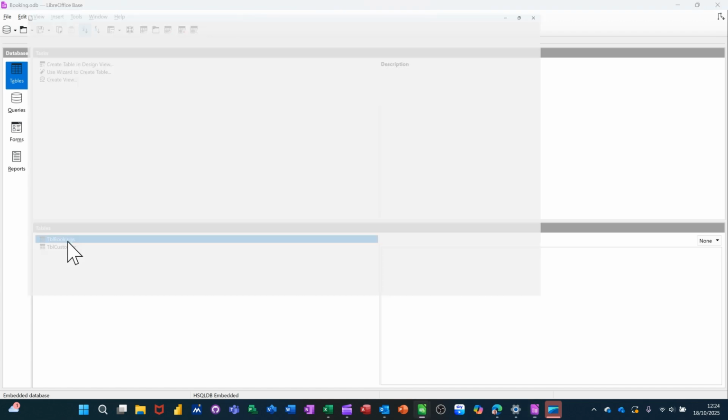Now I haven't done a lookup or anything like that, but if I just put a course in there, Excel, and then the customer ID I'm going to put as 1. Now I don't know who that is, but let's just see what happens here if I put another course in there. So what I've got to do in this database is create a table of courses, and then I need to do some lookups in here so I can see what's available in terms of courses and also who customer ID number 1 is. So if I just do 2 courses, Access, and then another customer ID 1 as well,